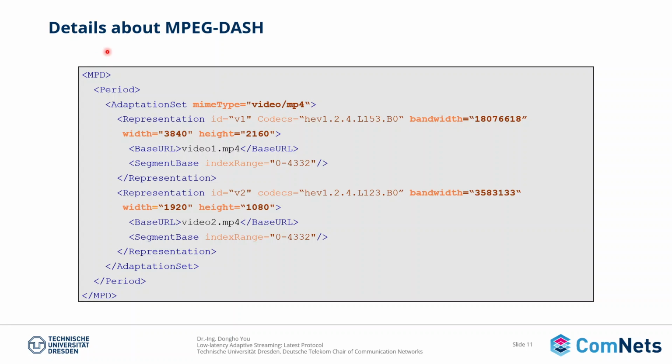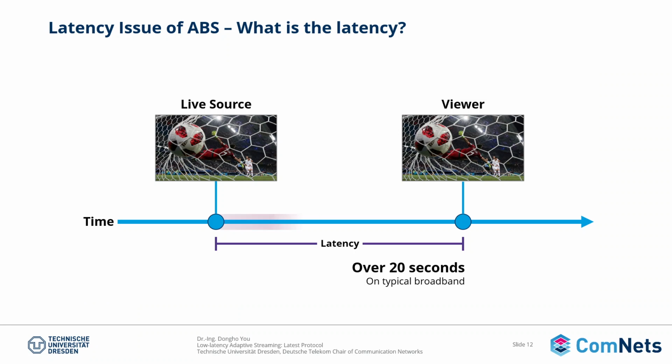As I said, this is a hierarchical model. So we start with the MPD, and this is the first period. In the first period, there are adaptation sets, and in the adaptation sets, there are two representations. Then we can define the quality of the video component like this and like this. Easy, right? Okay, good. So far we reviewed the details of MPEG-DASH.